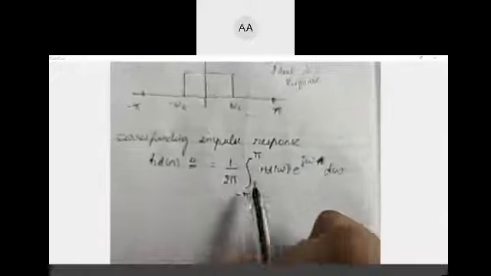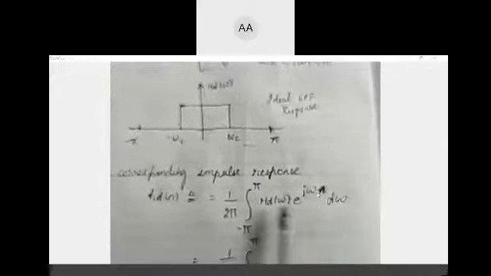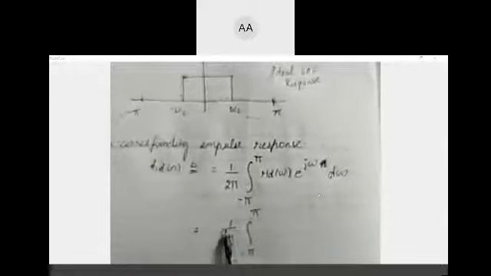Now, how do I do the integration? Hd of omega, I have expressed in terms of e power minus j omega alpha. You substitute that here. This is 1 by 2 pi integral minus pi to pi. You may think this is a derivation, but it is not actually. This is the procedure you will follow for any filter given. You draw the response, look at the integration limits, put Hd of omega e power j omega n d omega, and you will find Hd of n in the time domain.